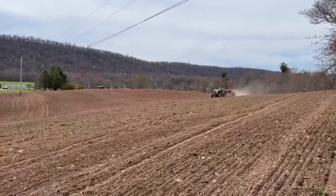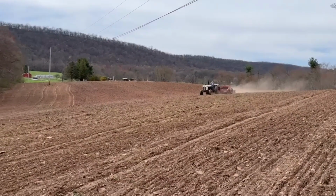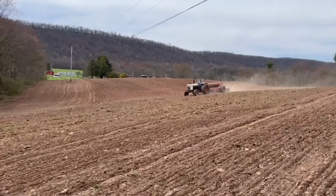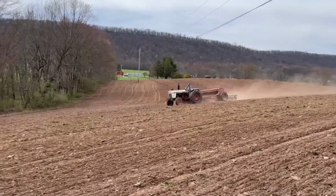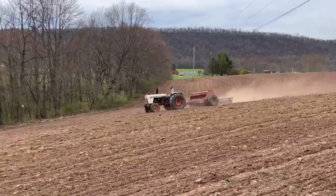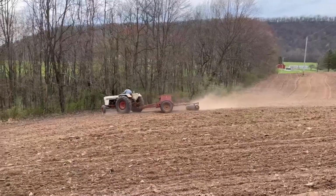I disked this twice this morning, and Pap is planting it now, along with some grass seed. We're doing this for some neighbors. They don't have any equipment, but they want to turn this into pasture, and it was a whole bunch of weeds. And we don't spray. I mean, we do when we can get people to spray for us. We're learning about it. I'd like to buy a sprayer, but